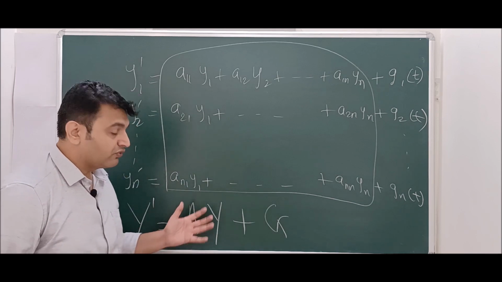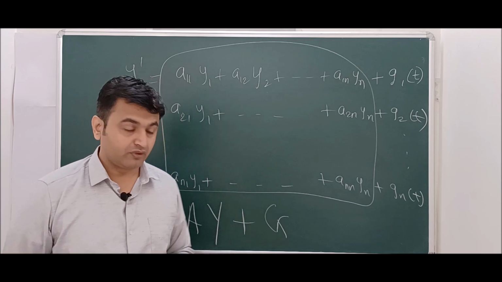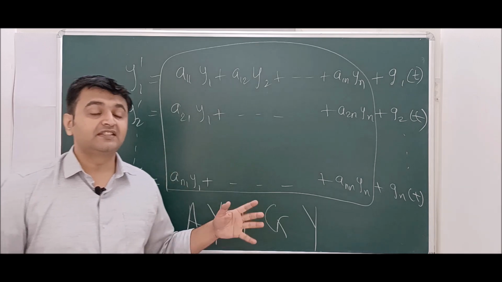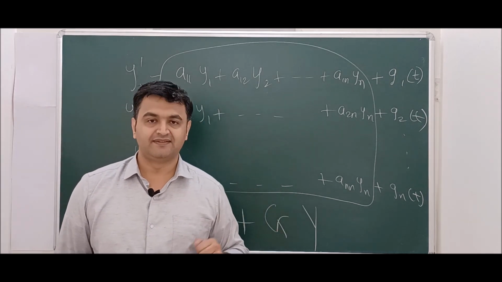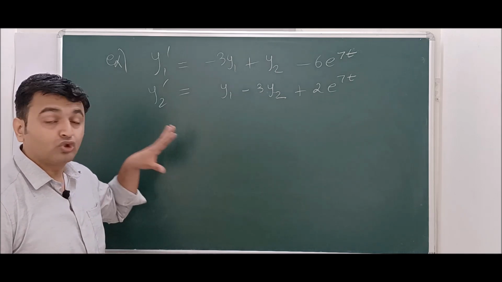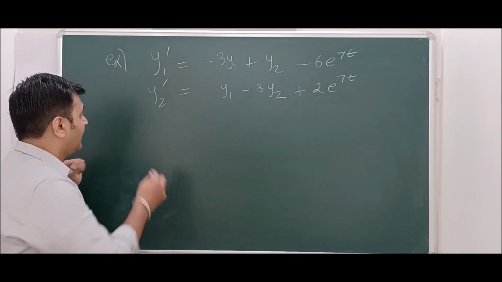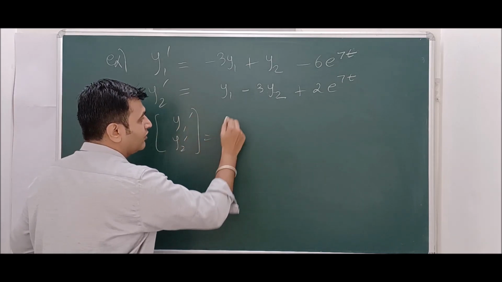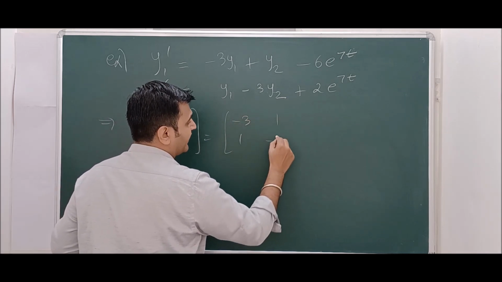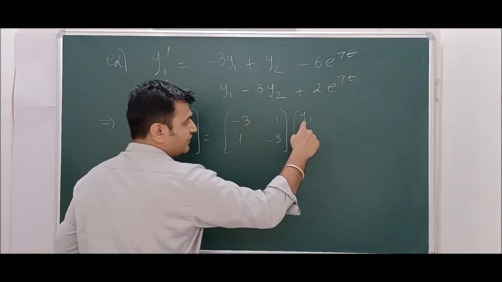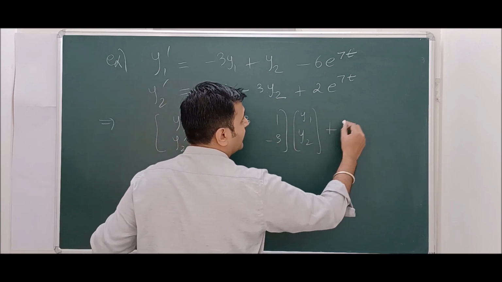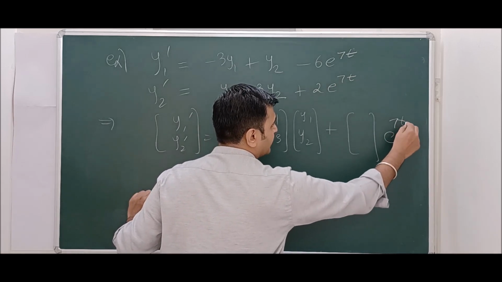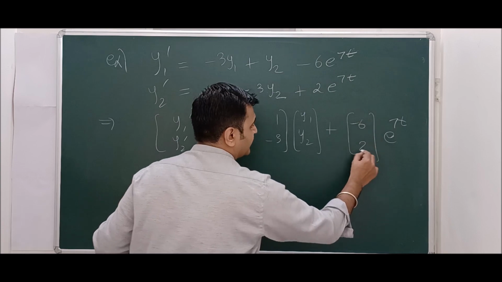When you have a non-homogeneous system, we need to find yp, because the general solution looks like, as I wrote earlier, yh plus yp. Now let's see some examples on how to choose your yp. Consider this as an example. It's a 2 cross 2 system because you have two differential equations. The first thing you always do is write it in matrix form. That is the first job whenever you have a system of differential equations. When I write this in matrix form, I write down the coefficients over here, then the variables. Since both have e raised to 7t, I can take it outside and write minus 6 and 2.